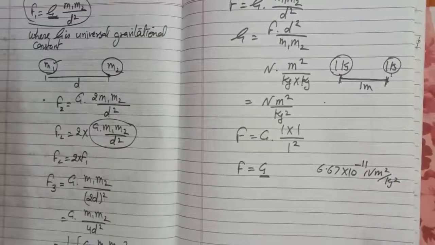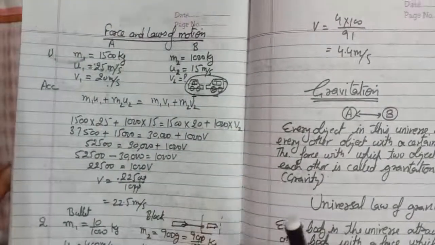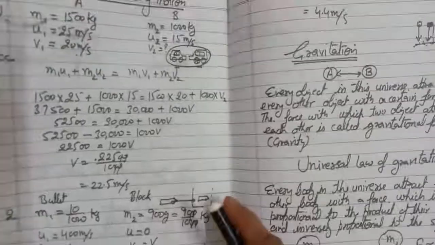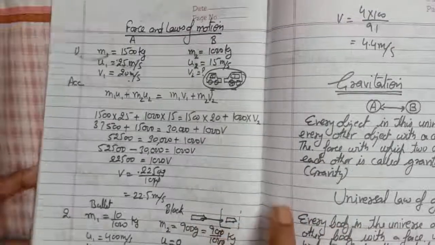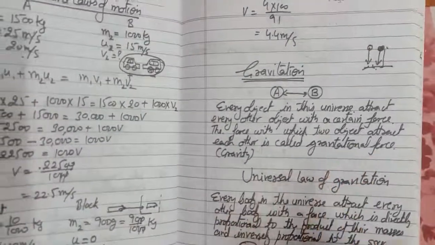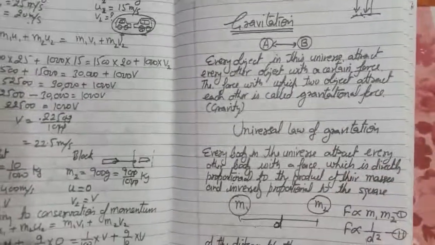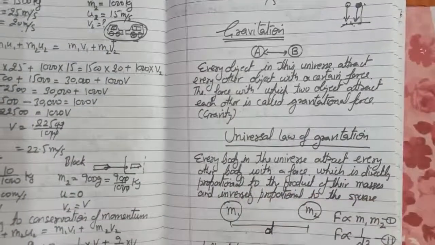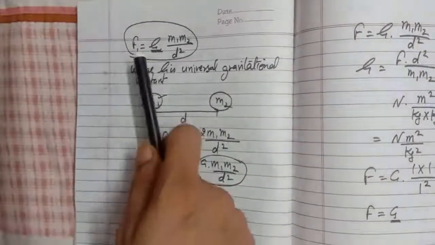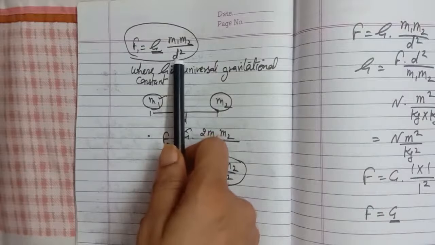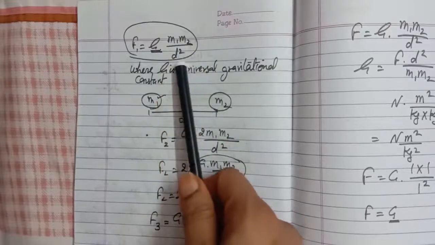Okay, we have started the new chapter, gravitation, and before this I explained some numericals of the chapter force and laws of motion. I thought you might have some doubts in those types of numericals, because I had discussed only one numerical of this chapter. Now again I have to start the chapter gravitation. In this part I have explained what gravitation is, what gravity is, and then the universal law of gravitation. It is very important. Newton gave this law, and according to this law F is equal to G m1 m2 upon r square, and we know how the force of attraction between two bodies depends on the masses as well as the distance between them.